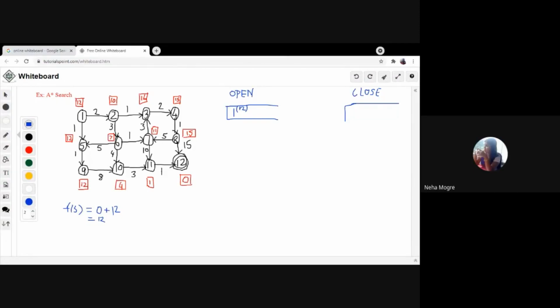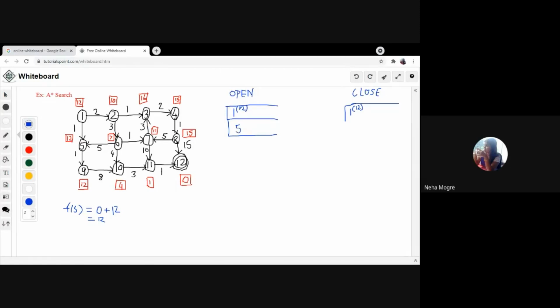Now we have placed this one with an f of n value of 12 in the closed queue, and then we again traverse its child nodes. So what are the child nodes? 5 with its f of n value.